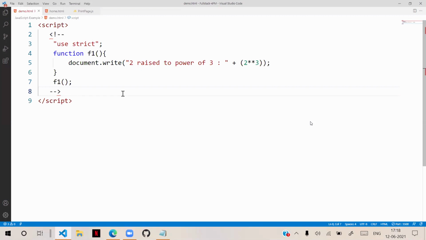Very rarely does any website show you like this, because all these websites are very recent. In their tutorials, they will never show you that JavaScript is written in HTML comments. So you will see this in very old websites, like 15 years back, when somebody wrote about JavaScript.